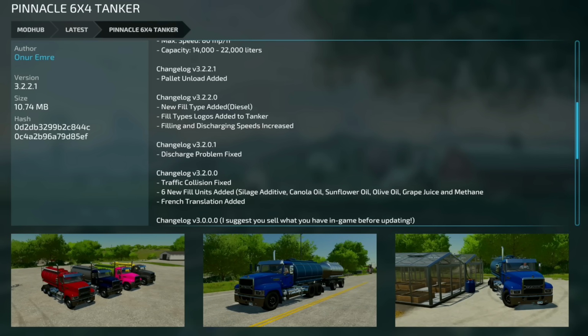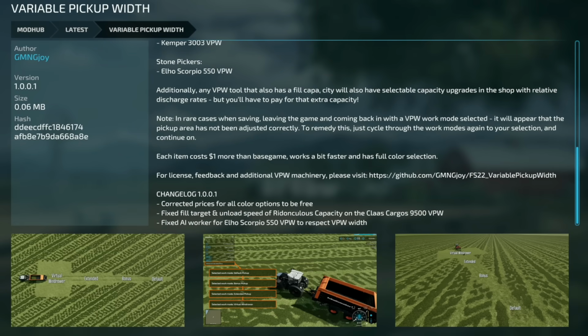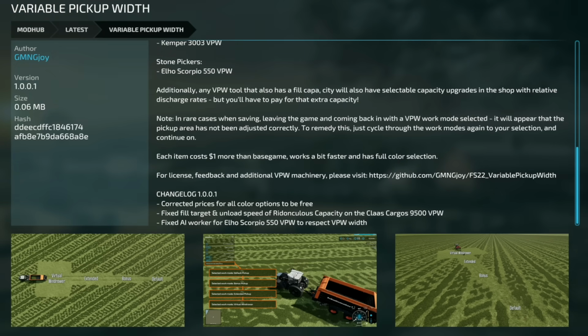Next update is for the Pinnacle 6x4 tanker version 3221. Boom! Pallet unload added. Yeah! One of the coolest mods ever, which I hope comes to Farm Sim 25 very quickly, is the variable pickup width. It was updated today, version 1001, corrected prices for all color options to be free, fixed the fill